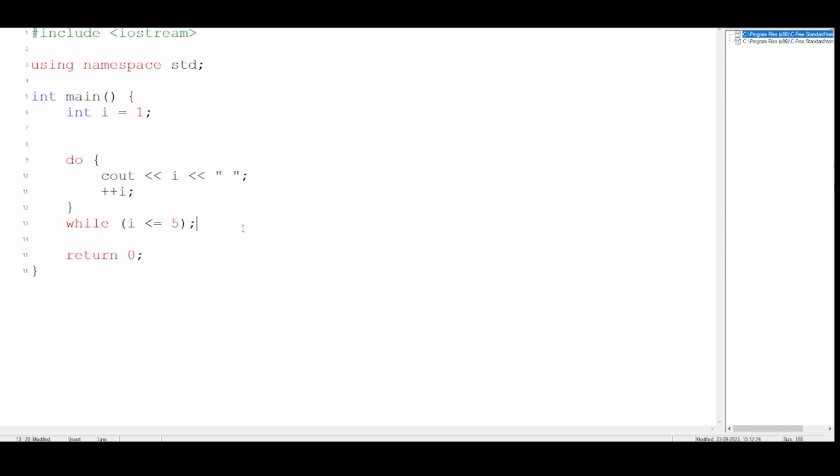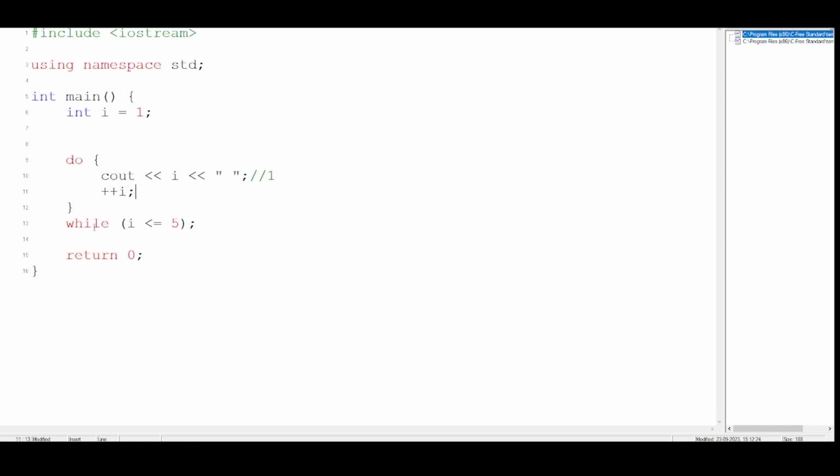But here, since it executes the first time, if I run the code with i as 1, then 1 will be printed. I do not have to check the condition. I don't care what condition is inside here. 1 will be printed because the do will be executed and then the plus 1 will also happen. That means 1 will increase. Now it will become 2.